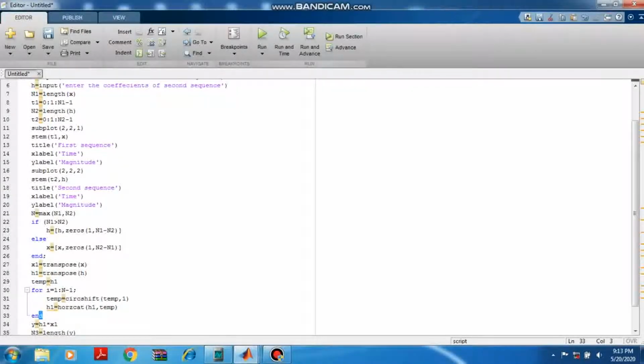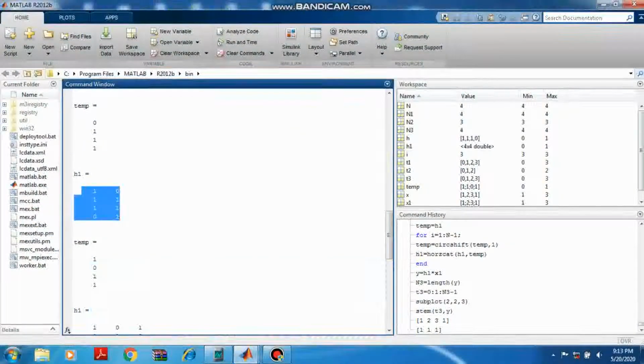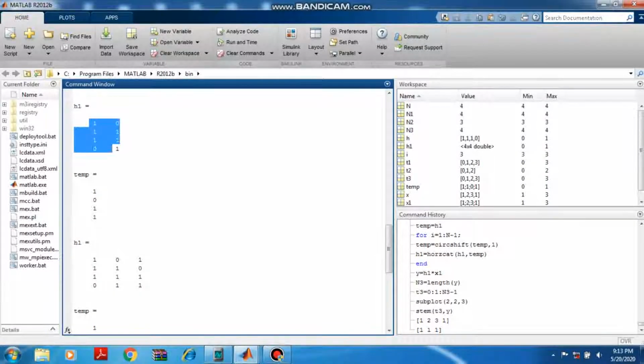Then it will come back to this loop and check I equal to 2. For I equal to 2, the 0 that came up once earlier will now shift once again and you get this. So now h1 will be this matrix, and in front of it it will put this matrix, 1011. This is for n equal to 2.